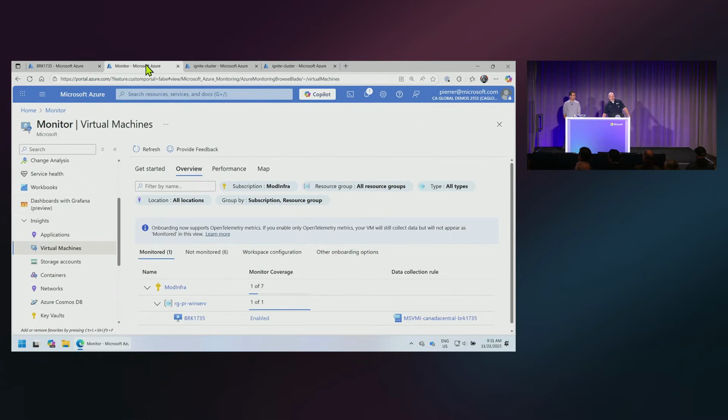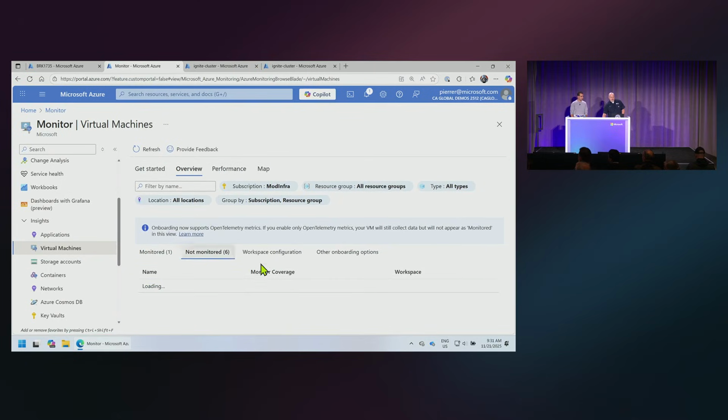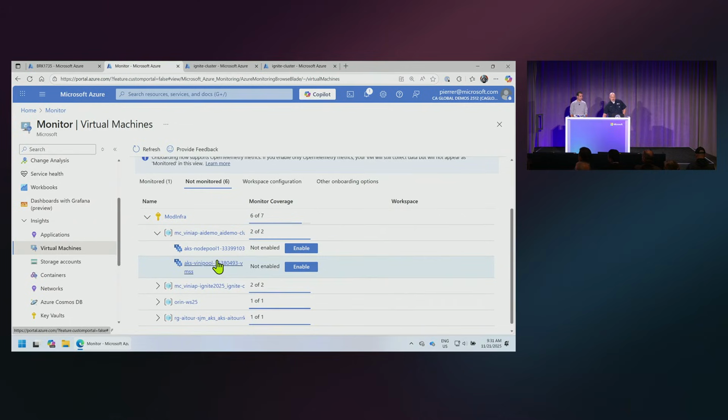When you have a series of containers, it's pretty much the same, but you go into Azure Monitor, we have our machines, it's enabled, it's here, but if I go to not monitored, I now have Vinicius's AKS clusters and pods. They are not currently enabled, but for myself, I'm looking at maintaining a proper view of all of my environment, whether or not they're VMs or Kubernetes.